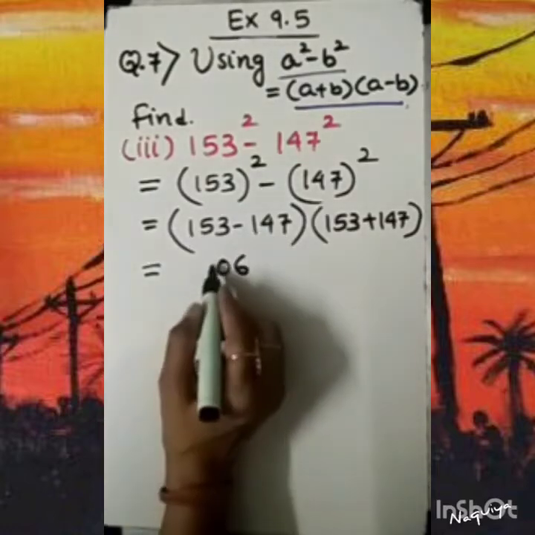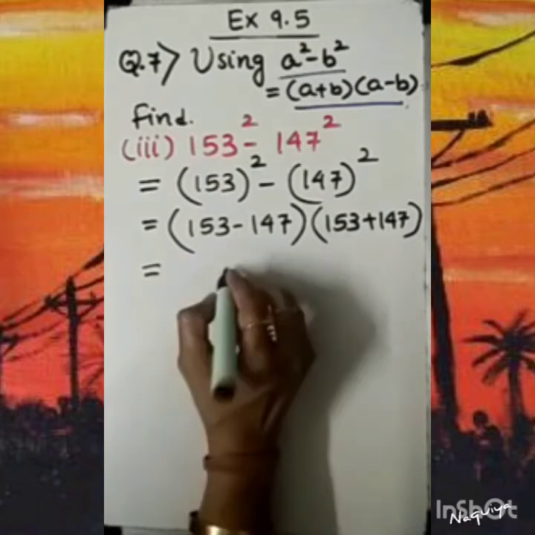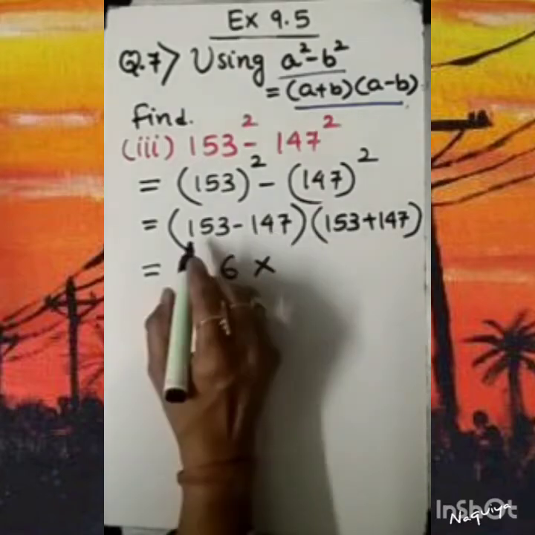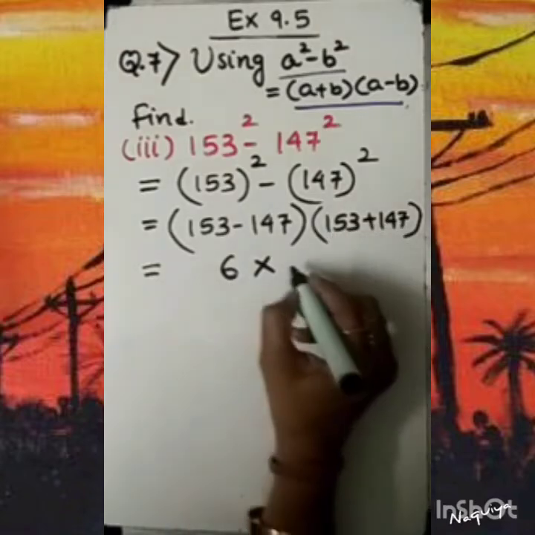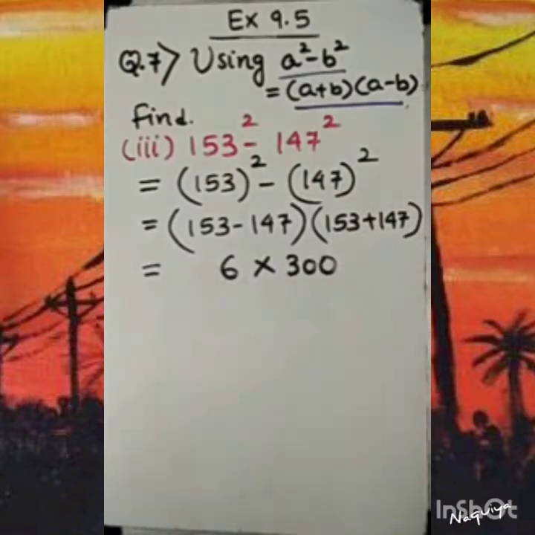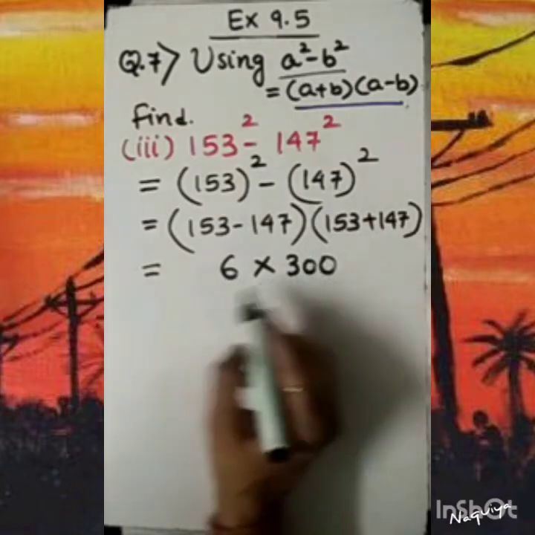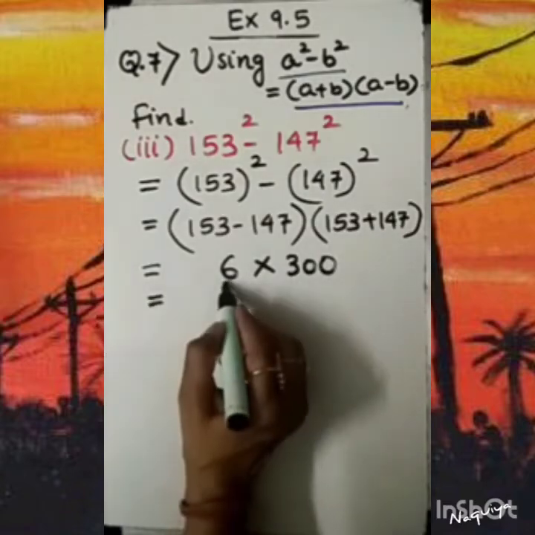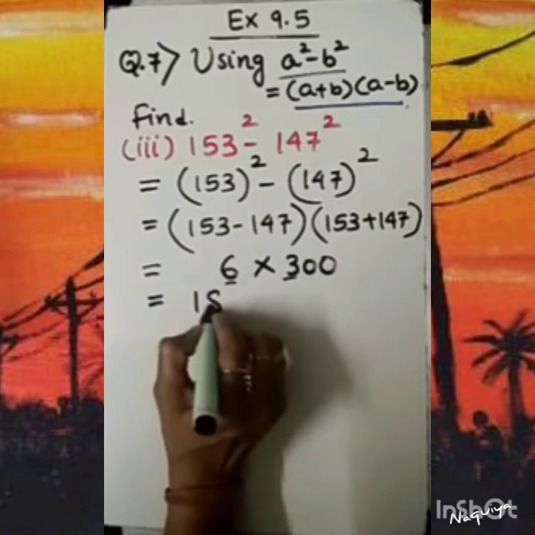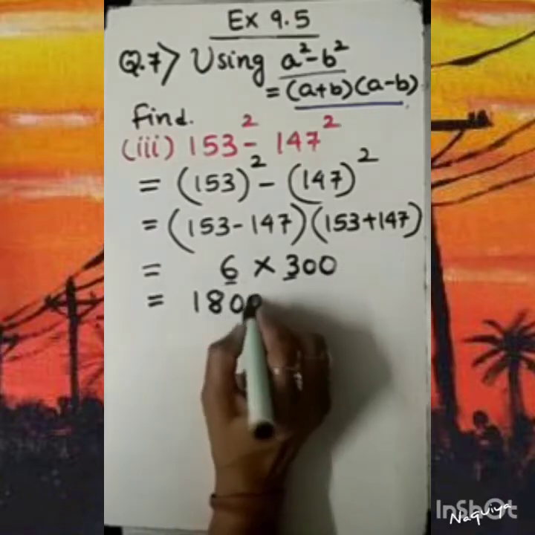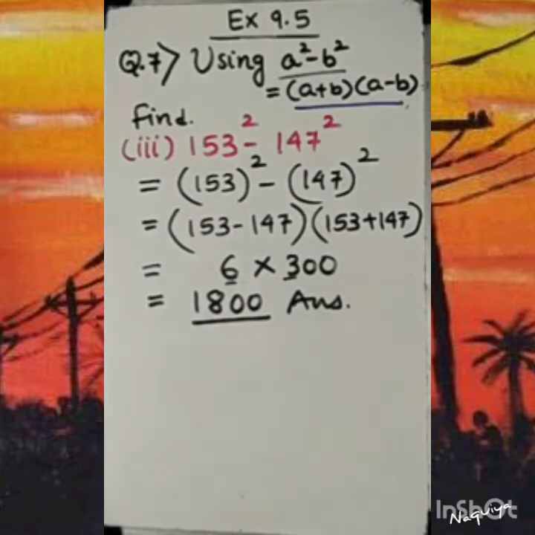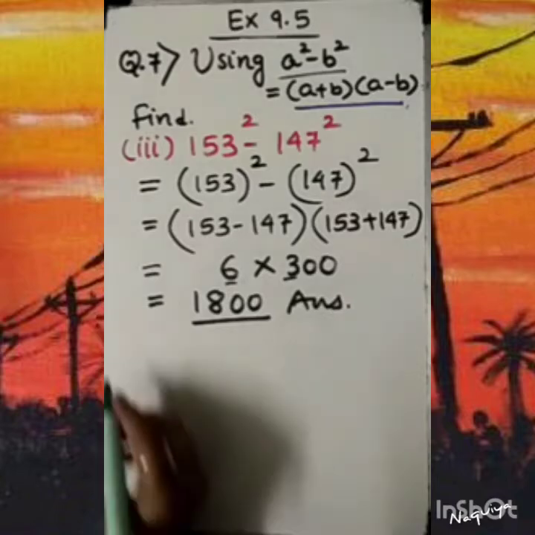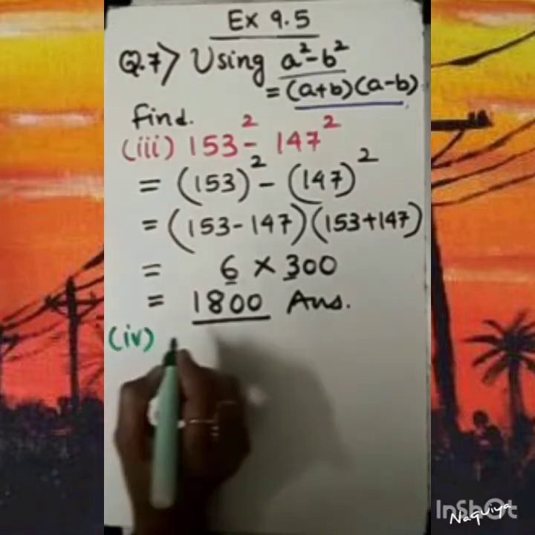1 minus 1, it will be 0. So simply I should say the subtraction, if we subtract this from this, we will have 6. Now if I add this, then I will have 300. If you add both of these numbers, you will have 300. As we know that 6 3s are 18, and this 20 along with that. So the answer of this question is 1800, which is quite easy. 1800 is the solution. Now work out on the fourth part.